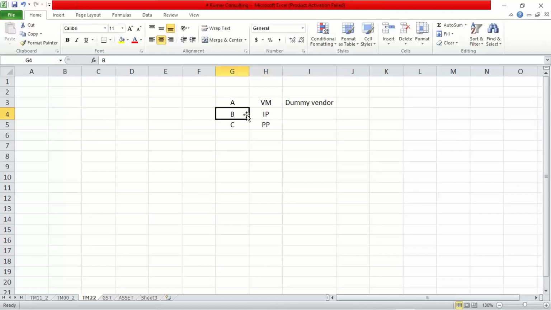Then the invoice processing team is going to process the invoices. So now here, A is saying that I'll maintain a dummy vendor. And B is going to post a dummy invoice against this vendor. And then what is happening, guys? C is going to release the